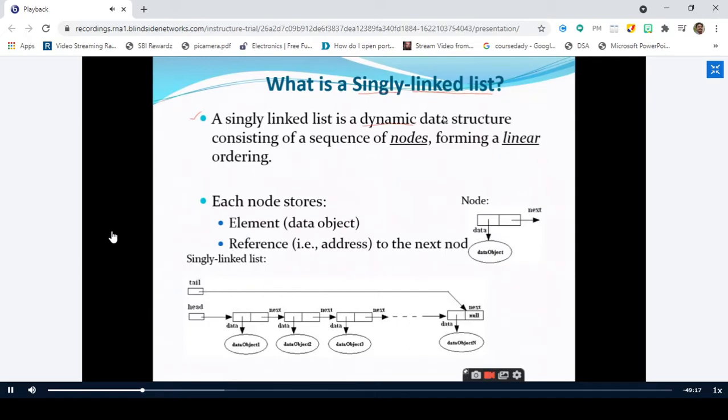So how we are going to organize the data inside the memory, how we are going to store, how we are going to retrieve the data. All these things are nothing but organization. So how we organize the data in the main memory is termed the data structure. So it is a dynamic data structure.